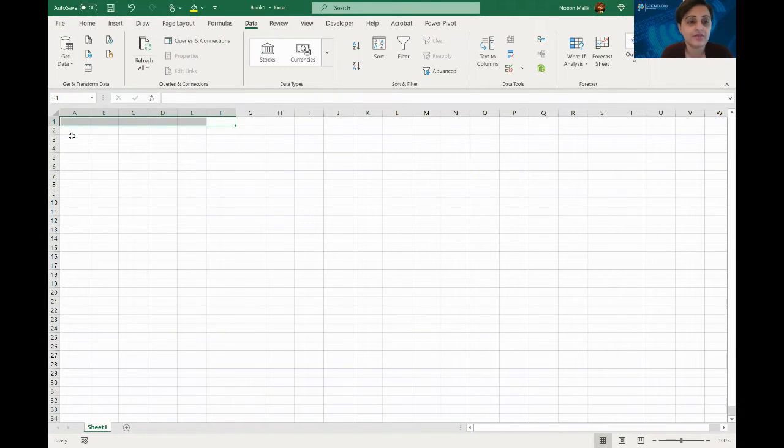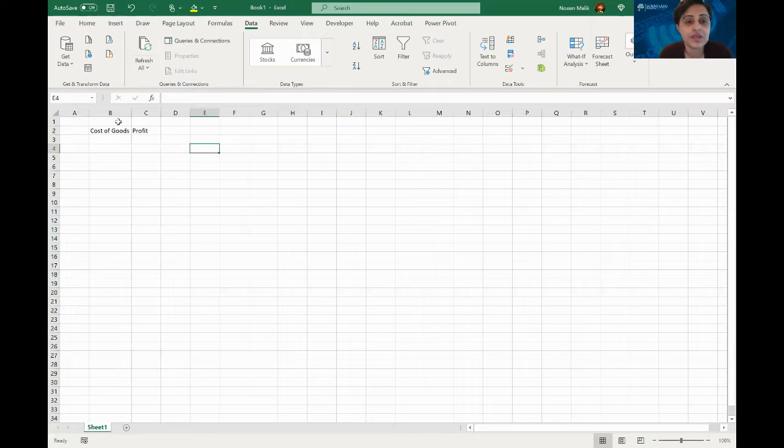So for example, let me write here, we have an analysis between cost, you can say, and let's take the other parameter, profit maybe. So here we can write probably cost of goods. So we made two columns, right? One is the cost of goods and one is for the profits. Here we can write, for example,